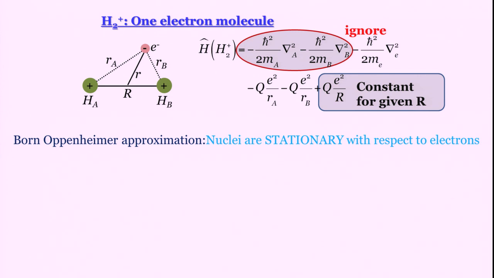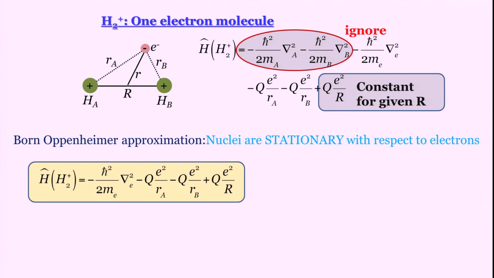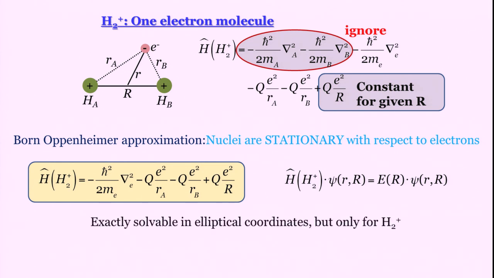You know why? Because what is the point? This is your Hamiltonian, fine, you solve it exactly using elliptical polar coordinates. But what happens if you add one more electron? It is no longer solvable, because then you are going to have electron-electron repulsion which will mess things up completely. So, why get into all that trouble? And people have got into all that trouble. As I said, the solutions are available in some higher level textbooks, also on the internet, but we are not going to get into that. We are going to use a simpler approach